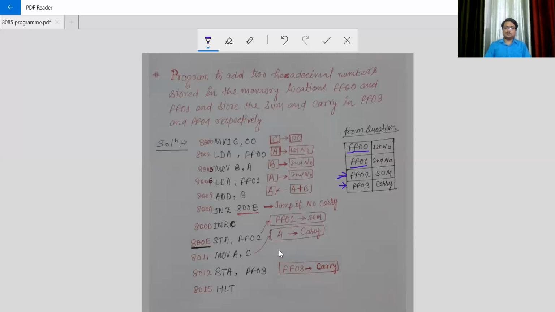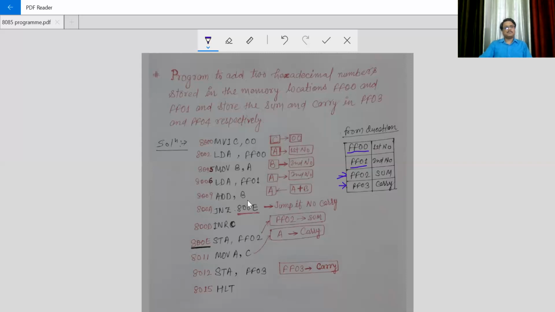The next procedure is we have to store this result again into the memory. For storing the result from accumulator to memory, what is the instruction? STA, store accumulator direct. This is a good one.